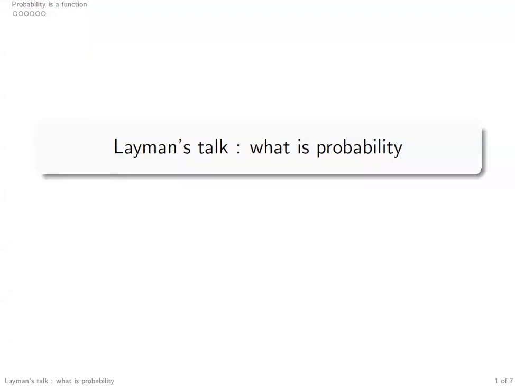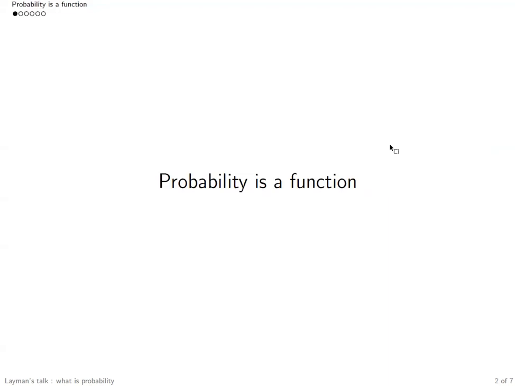Hello. Let us briefly talk about probability and what it is exactly. So, what is probability? In short, it is a function. Let's recall what a function is. A function maps one element in set A to an element in set B. The same goes for probability. It essentially maps random events to a number within 0 and 1. Then we can use the number to talk about the probability of a given event.